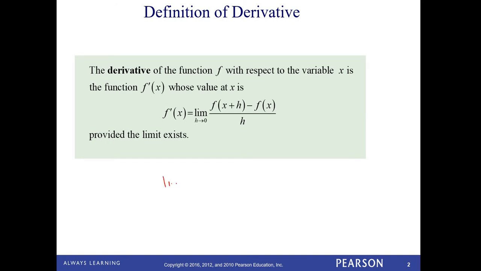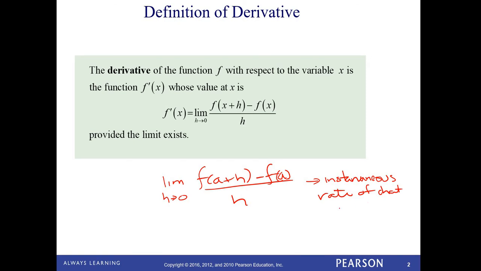Now you know that we have done something that looked like this in our last chapter, the limit as h approaches 0, and you don't have to write this down, of f of a plus h minus f of a over h. And we use this to find the instantaneous rate of change at a value x equals a. So we use this with a number in that a slot to find an instantaneous rate of change at a particular value. What we're doing now is we're going to leave that as an x and find a general equation for the instantaneous rate of change